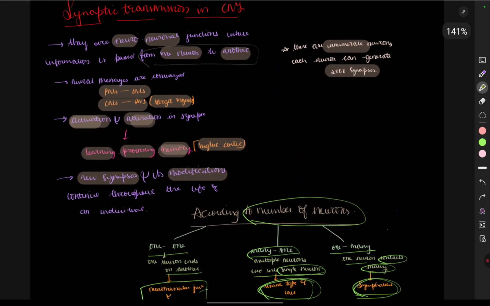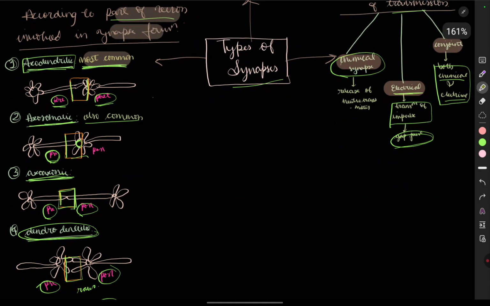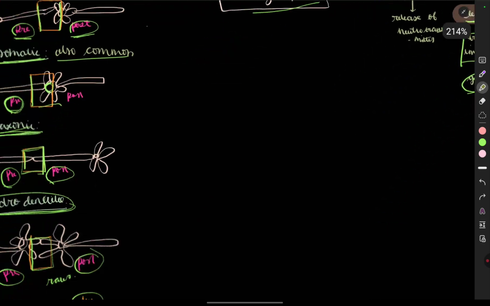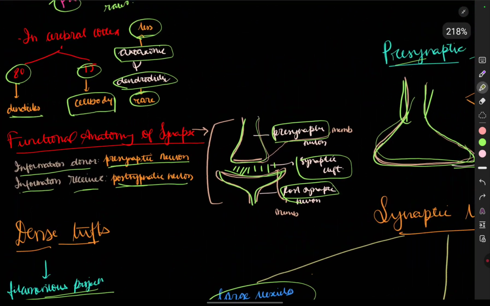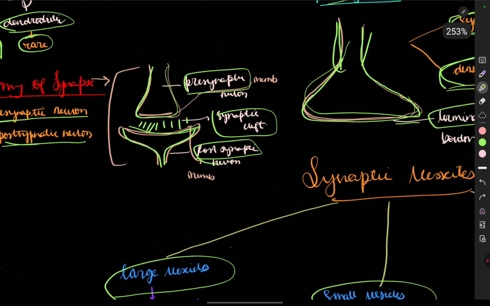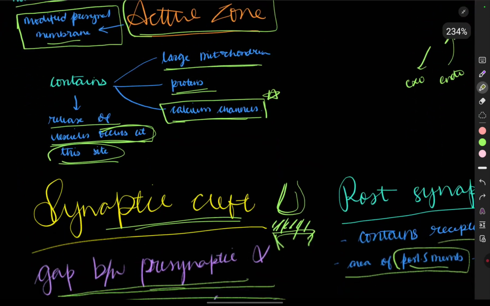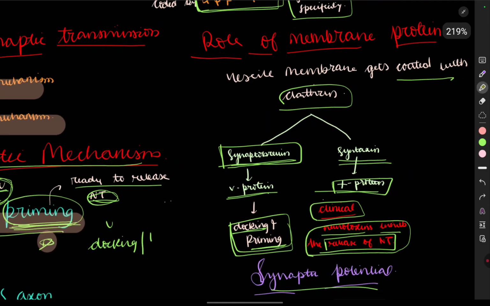So we saw the synaptic transmission, like the types of synapses based on the part of neuron, based on the number of neurons, based on the nature of the transmission, and the nature of the transmitter. Then we saw the functional anatomy of the synapse, in which we saw the postsynaptic, presynaptic and the synaptic cleft. Then we saw what all it contains, and then the steps of the synaptic transmission in the form of a flowchart,